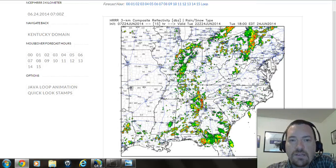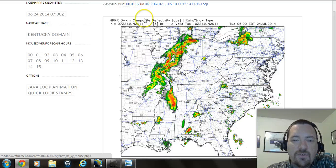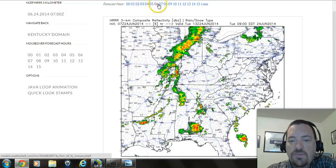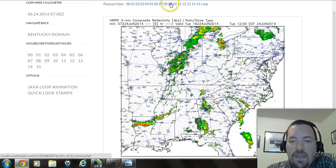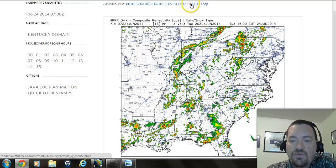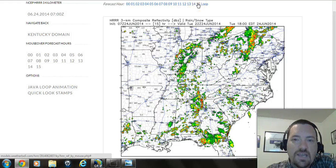Now, the HRRR model has a little bit different perspective on this, so let me take you into what it says as well. Here's about 6 a.m. currently, and you can see it's doing a pretty good job actually predicting that rain shield right now, but as you move through time, it sort of breaks that up a little bit. Here we are by 10, and that shield is just starting to enter southwest Indiana. Then as you go into the noon hour, it's starting to disintegrate it further, but you notice it has these sort of pop-up thunderstorms going around the area,